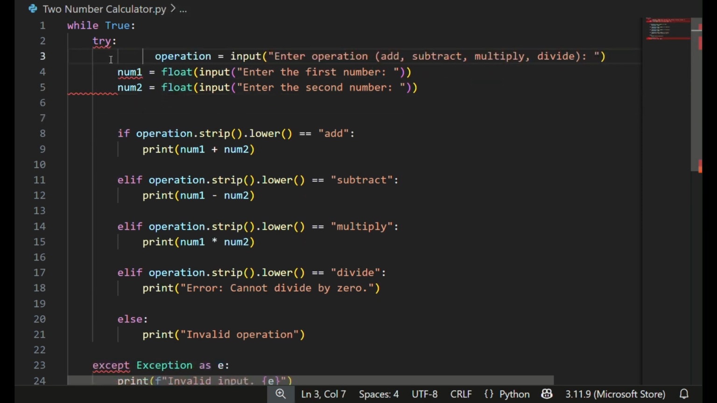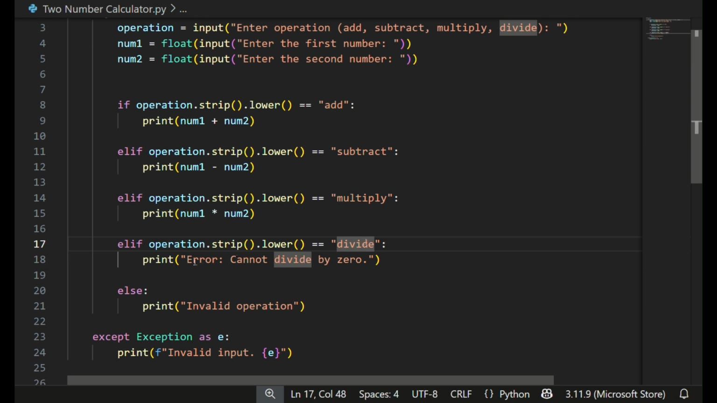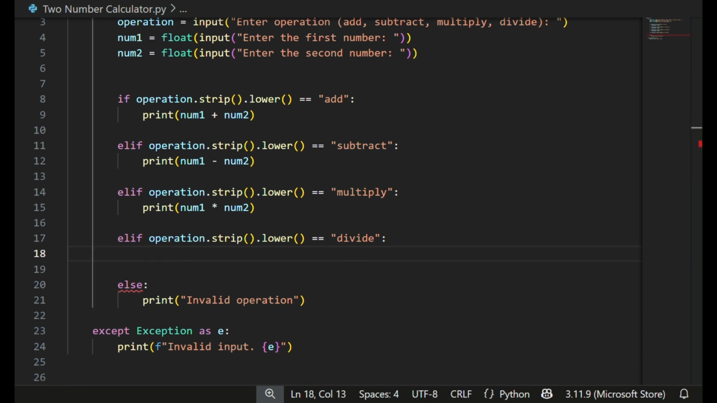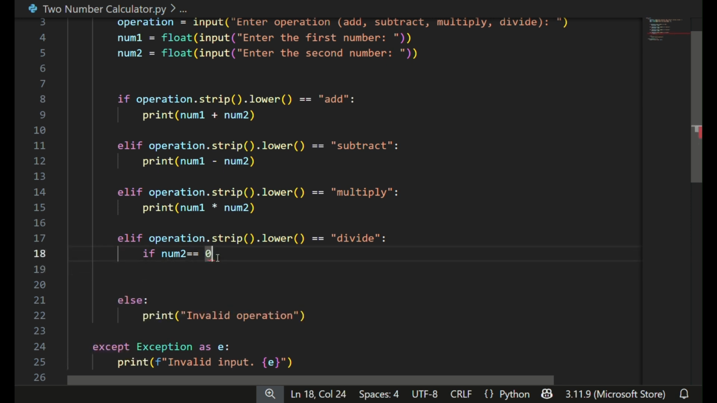And now let's talk about this divide. So I have written error cannot divide by 0. I was writing the code, but before I could write the code, I found out that the video was paused. So now let me tell you. You may know that you cannot divide by 0. So we will use another if-else statement. That is, if num2 is equal to 0, then it will print, I forgot the indentation, yes, print